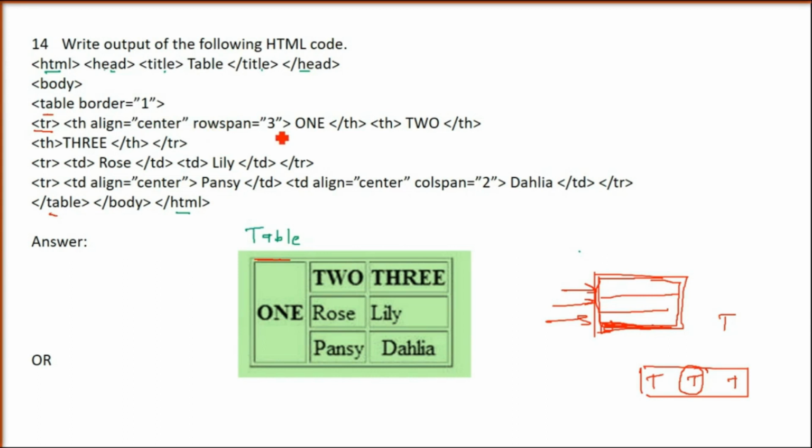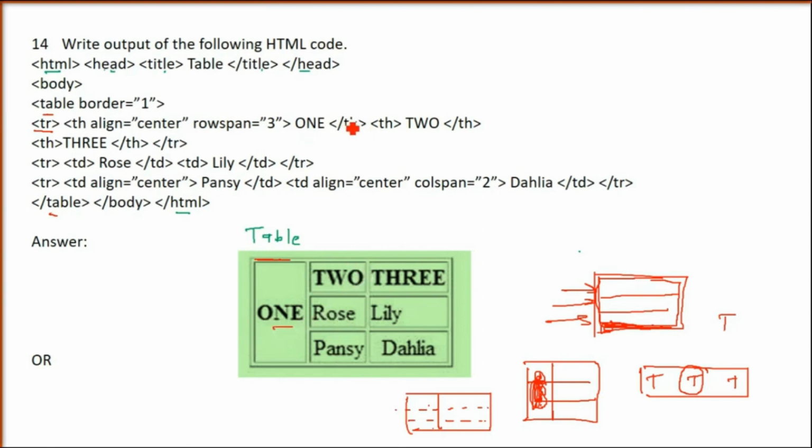Coming to row span. Row span equals 3. Row span means this content will take 3 rows. So if you see this O and E, it has taken 3 rows. If you have these 3 rows, the first one, this O and E, will take all this area, all these three parts. So for 1, 2, 3, all rows, only one will come, O and E. Actually, we have merged this. You can say the first column has been merged. All the rows have been merged for the first column. So these 3 rows are given to 1.